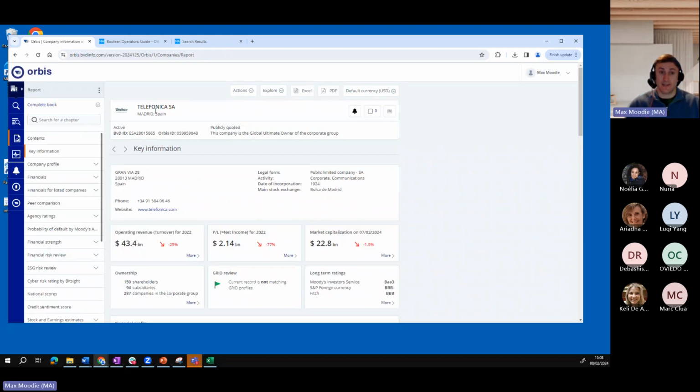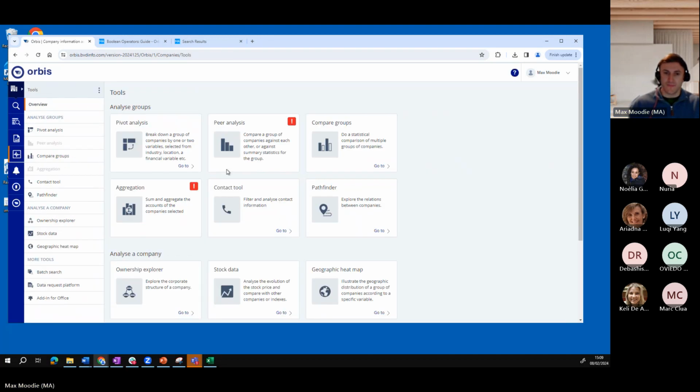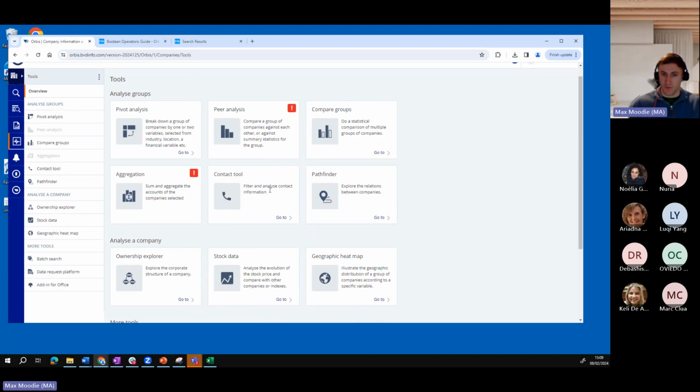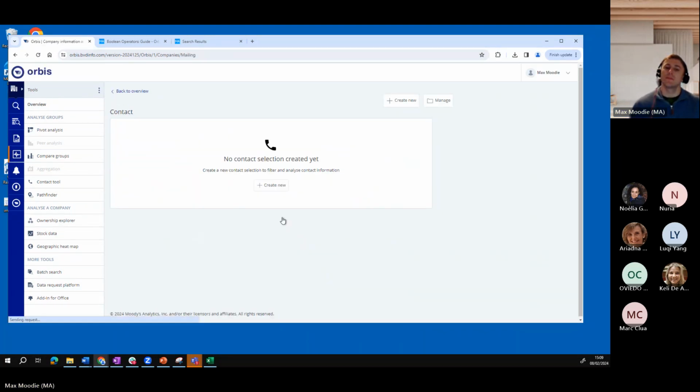So firstly, I'll go back to this example, Telefonica. You always have to have a company that you've searched in order to use the tools, otherwise the tools won't know who to use them against. So find a company, go to the tools section. If I go to the contact tool, click on go to, create new, and then